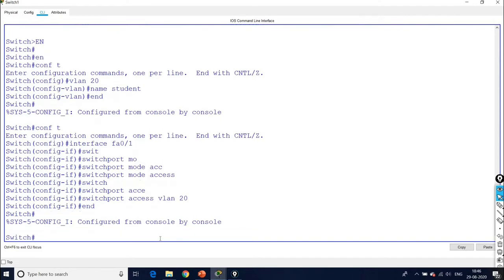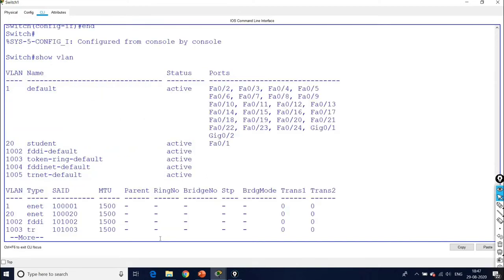Now you can see the configuration again. I can use the command show vlan. You can see the different VLANs here: the default VLAN 1 is active, with its ports, and for VLAN 20 student, active, the port is FA0/1, and 1002 to 1005 are default.